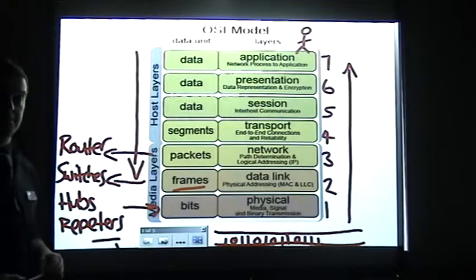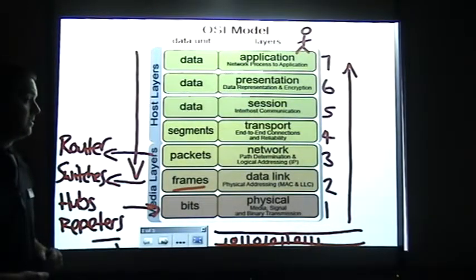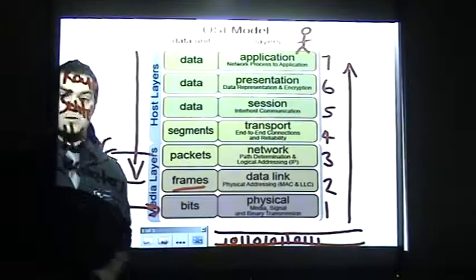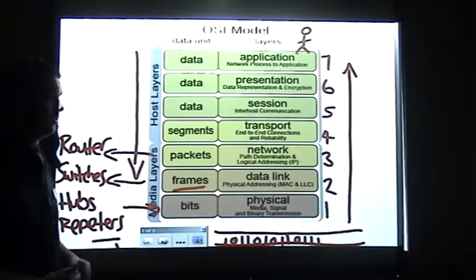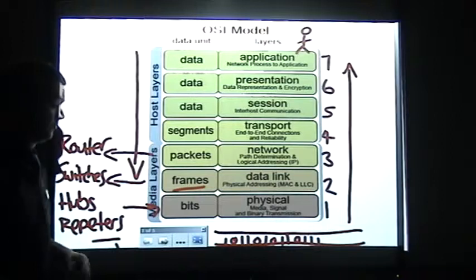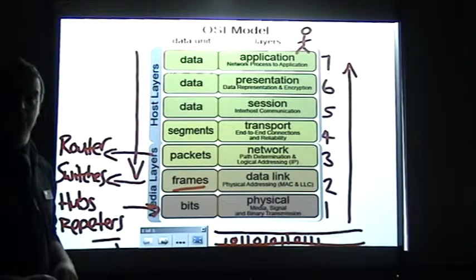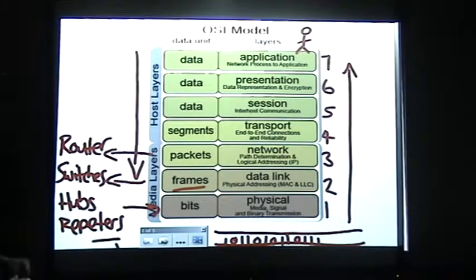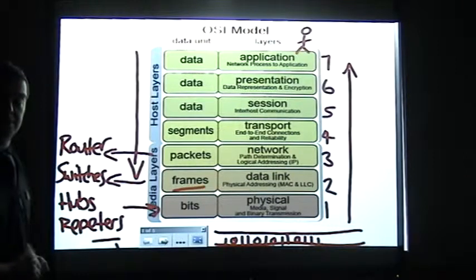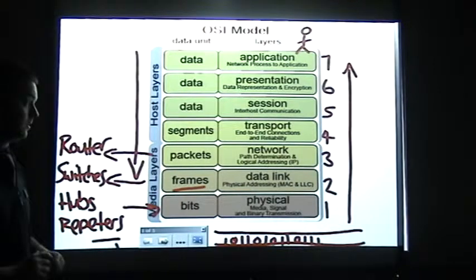It's more likely that you'll see switches, which are obviously a lot better at making decisions because they're actually looking at the MAC address and making a forwarding decision based on a physical address, rather than forwarding all of the data to every device which is connected to the hub or the repeater. Also on layer 2, apart from switches, you might think of legacy devices such as a bridge. Now a bridge just has 2 ports, one in, one out, and it just